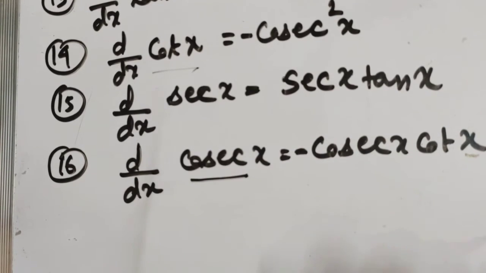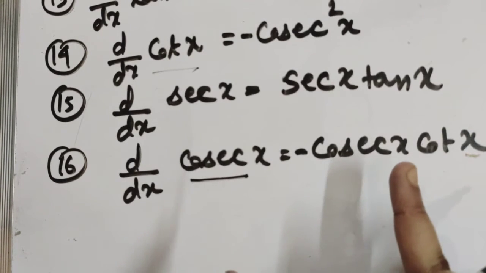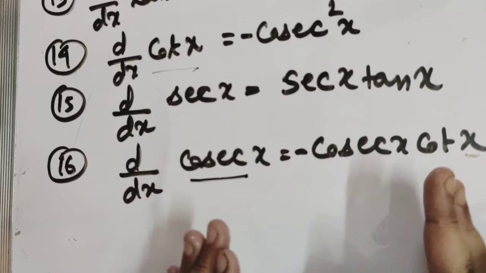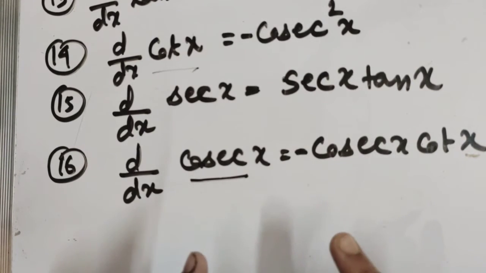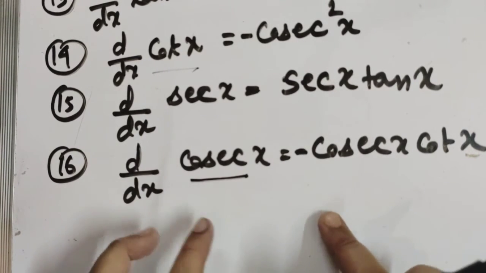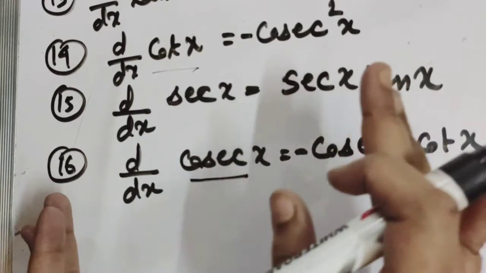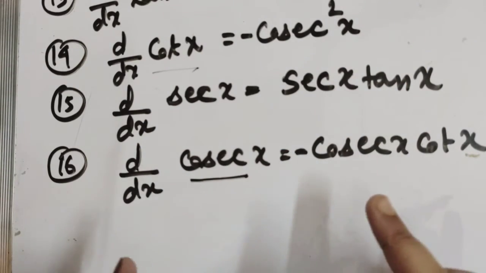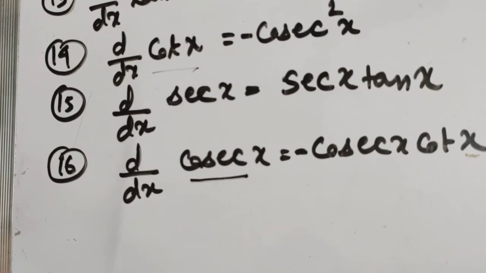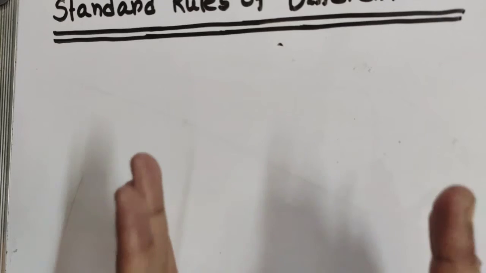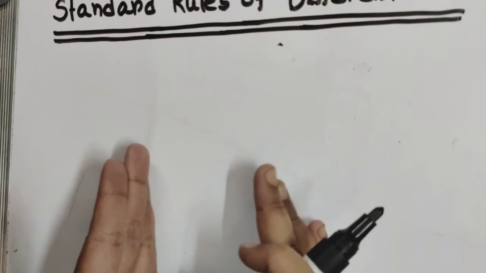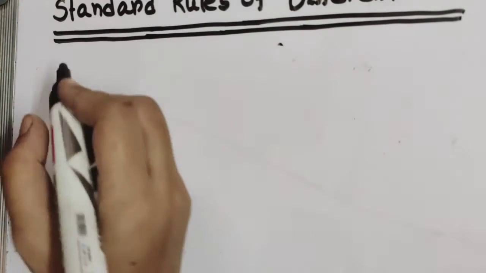Now there is a chapter of class 12, that is trigonometric inverse circular functions. What are they? The inverse circular functions are sin inverse x, cos inverse x, tan inverse x, cot inverse x, sec inverse x, cosec inverse x, etc. Right? So now our question is, is there any formula for trigonometric inverse terms? Yes, obviously. So let's see.